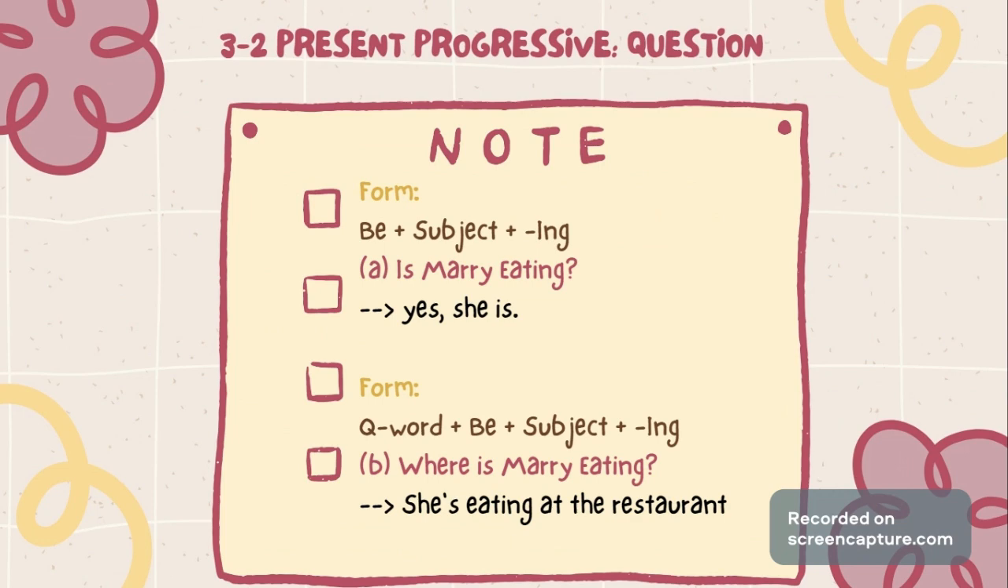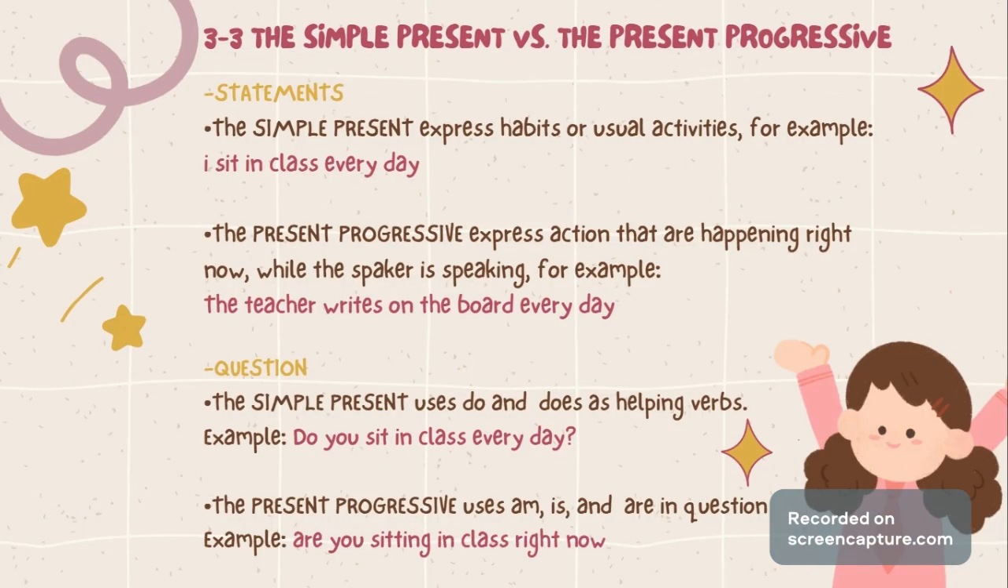Next, present progressive question. The form is be, subject, verb plus ing. So the be is is, the subject is Mary, the verb is eat. So plus ing becomes eating. Is Mary eating? So the answer could be yes, she is, as the short answer. Next, the simple present plus the present progressive